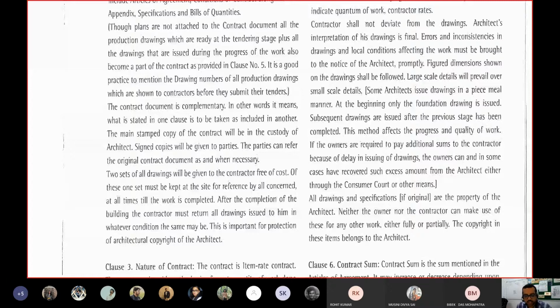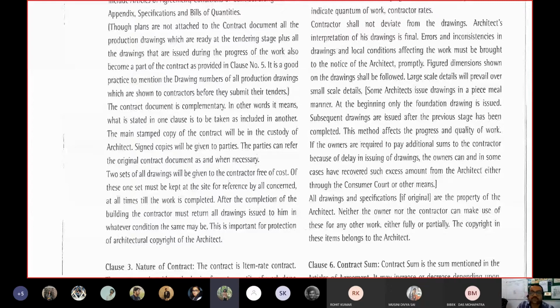Is this particular aspect clear? What all things have to be there in the contract document, drawings, copies of the drawings and all? Yes, sir. So whoever first says yes, sir, can you tell me why does the architect keep the original copy of the design or the drawing in his own office and give only the copies of that to the contractor?